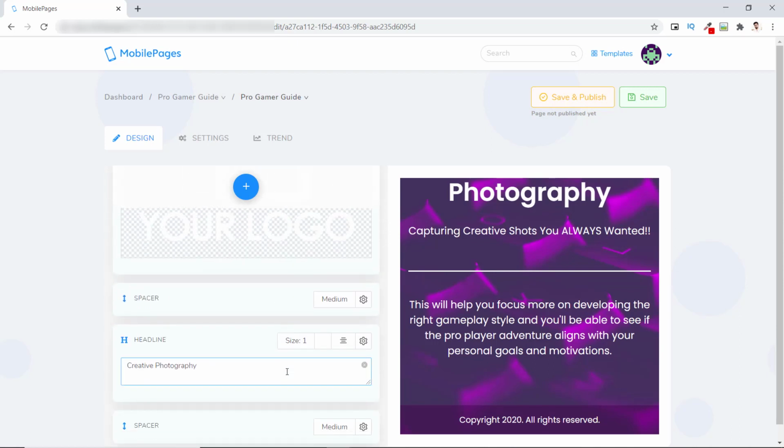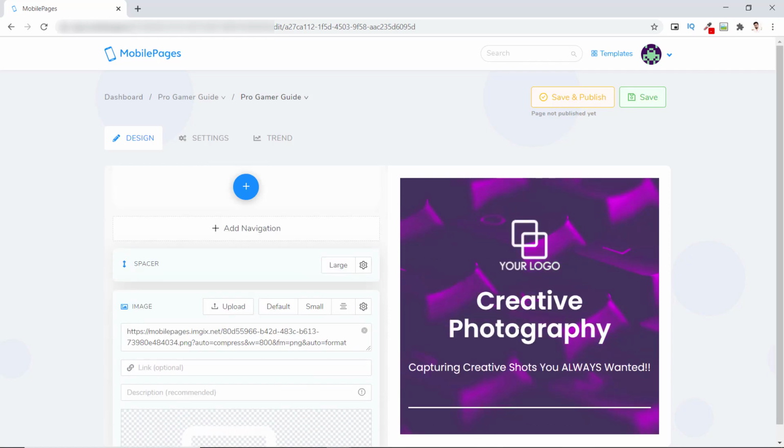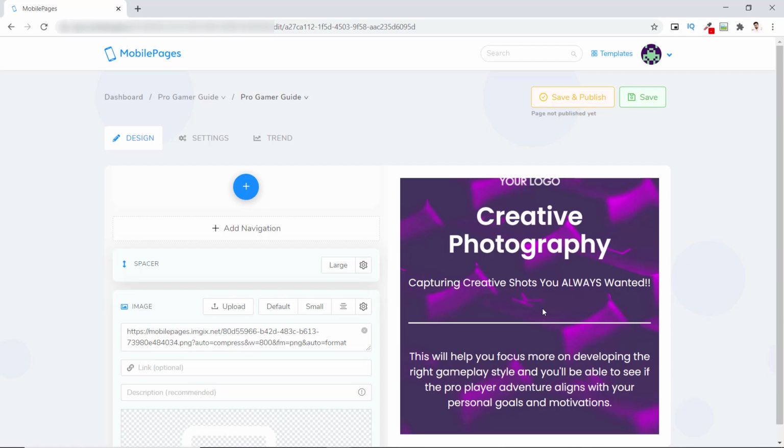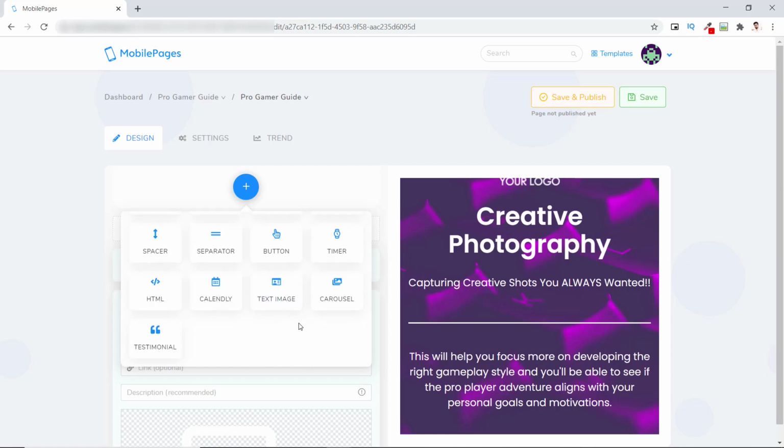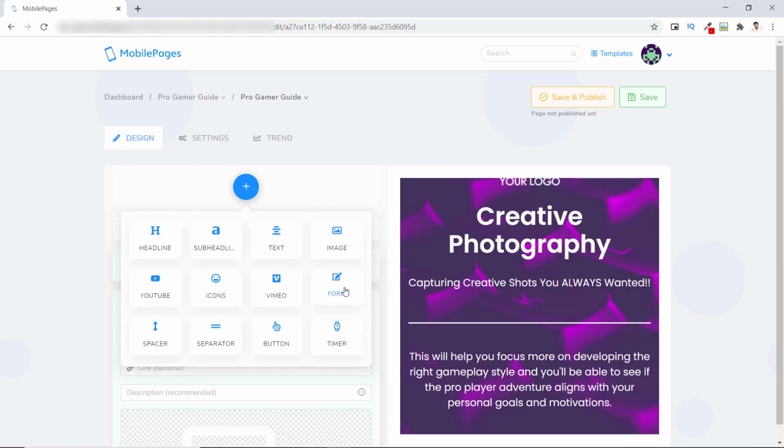The best thing, as the interface is very clean, so you can edit or create pages by your phone also, right? So there is no need to carry your laptop everywhere. So now if I need to add another button here above the separator, what will I do? On the top, if you press this plus blue icon, here you can see elements like headlines, subheading, YouTube and many more options are available here.